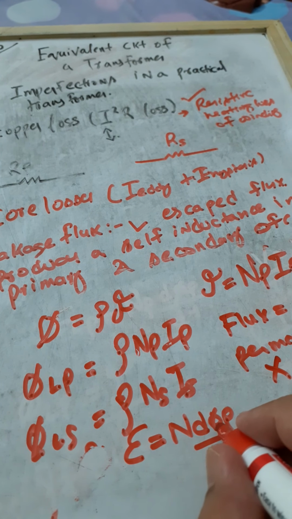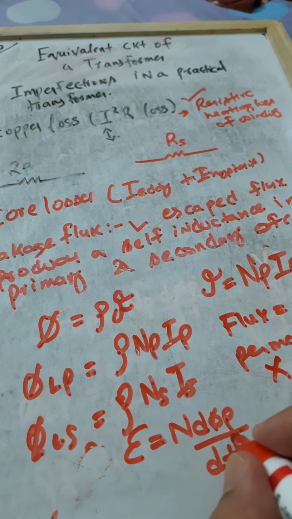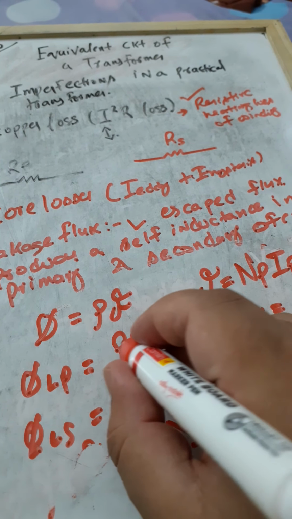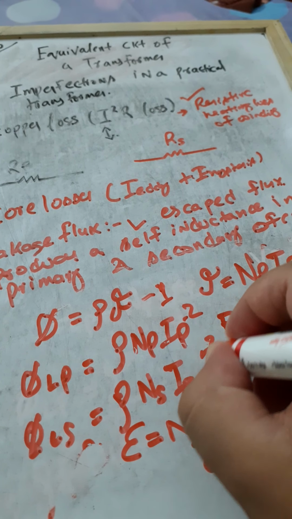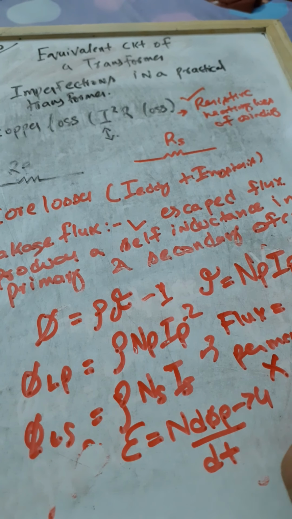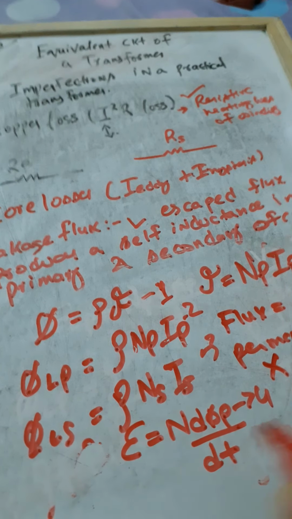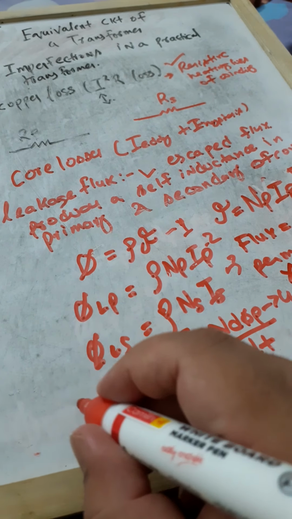So here you can substitute, instead of d phi P by dt, from this, if this is equation 1, 2 and 3, from 4 you substitute in 2,